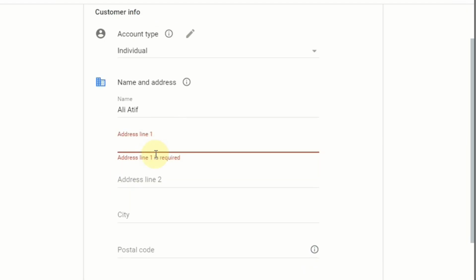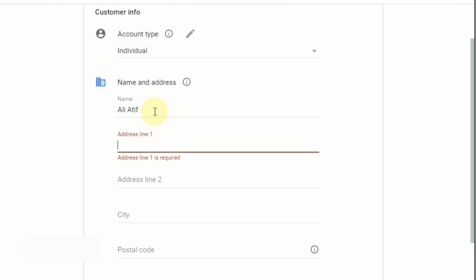Then the second thing is name and address. Fill in the name and address as per your government ID. After signing up for Google AdSense, once you reach $10, you need to verify your identity.